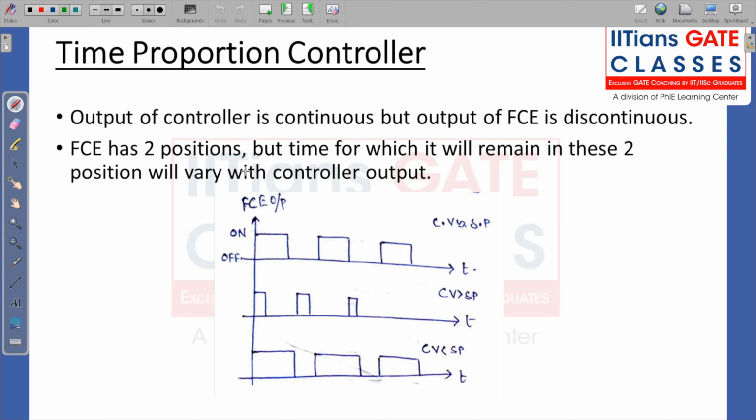Next we have the time proportional controller. So what is this time proportional controller? In a time proportional controller, the output of the controller is continuous, but the output of the final control element is discontinuous. What I said? Output of the controller is continuous, but output of the final control element is discontinuous. Like suppose